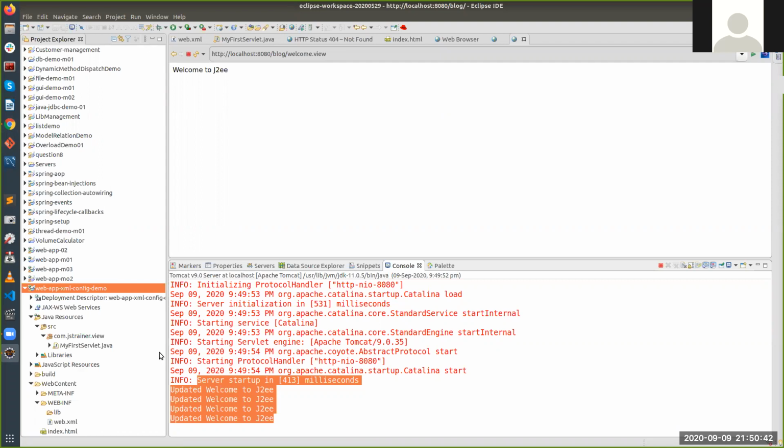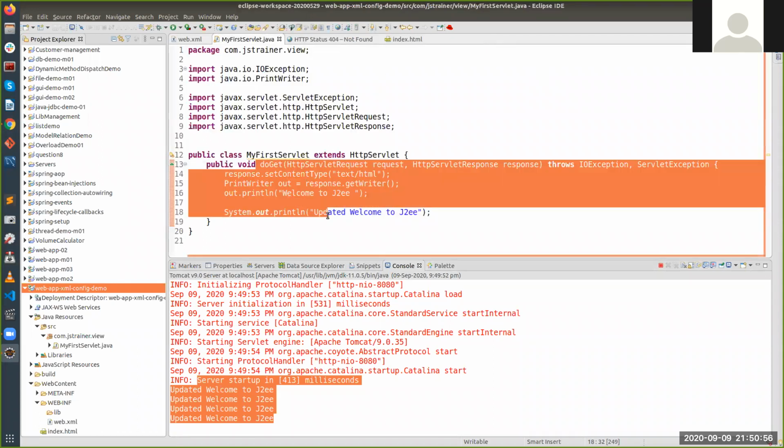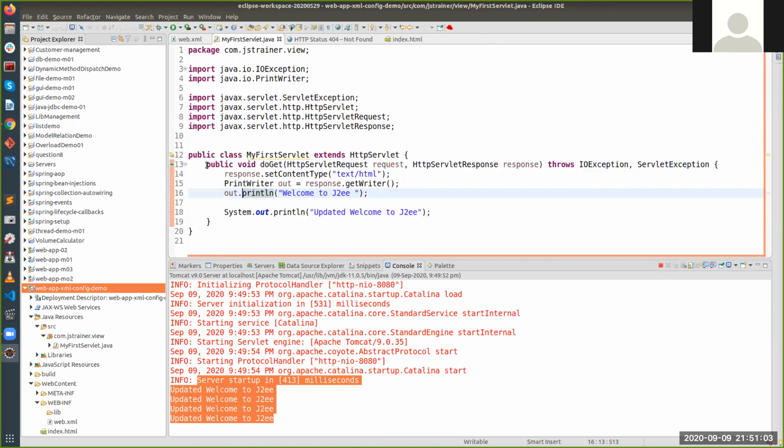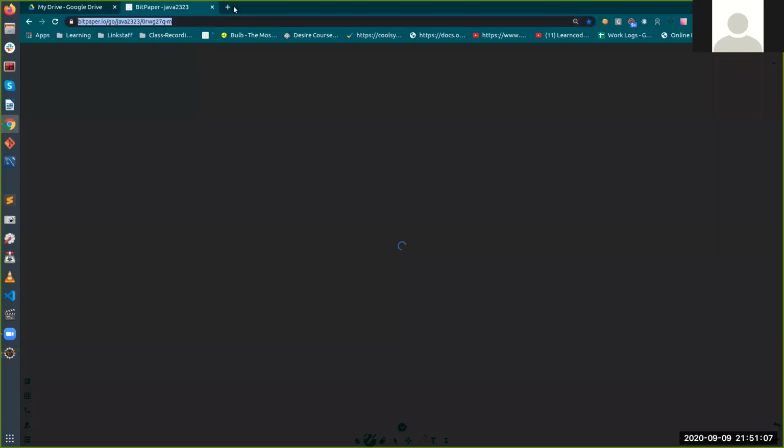Okay. So now if you see over here, we have written a doGet method, right? That means it is handling a get request. If you don't have this method, the request coming from your browser URL won't work.